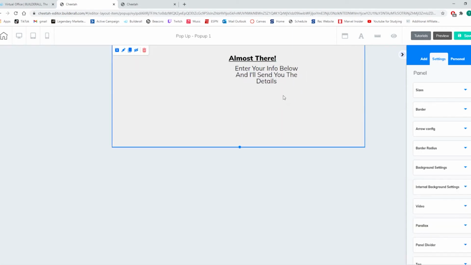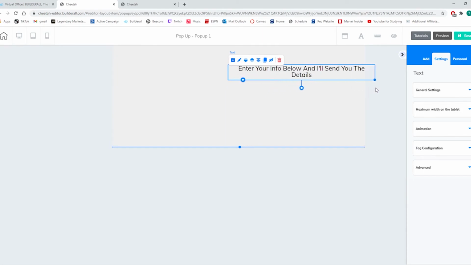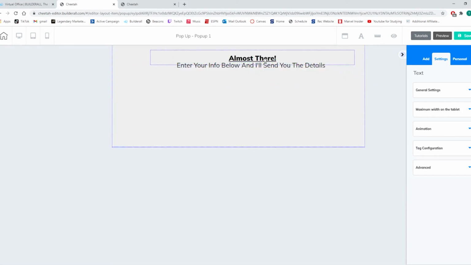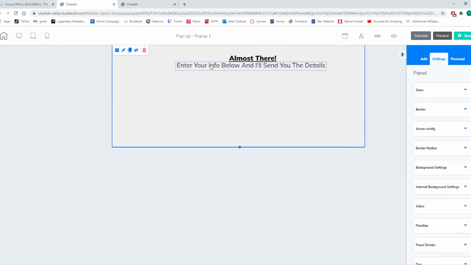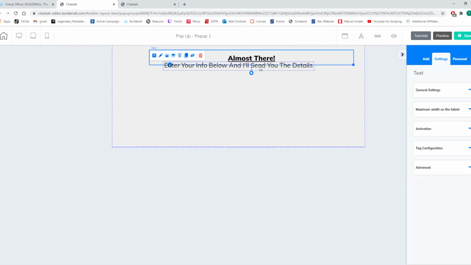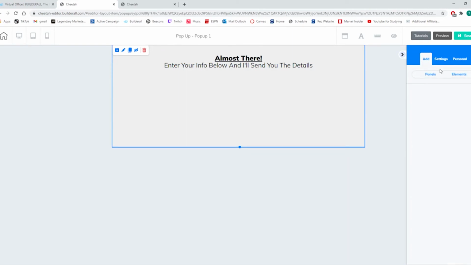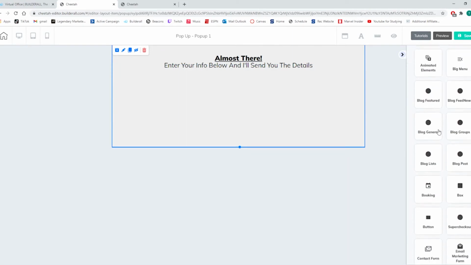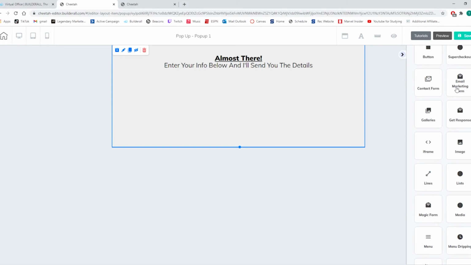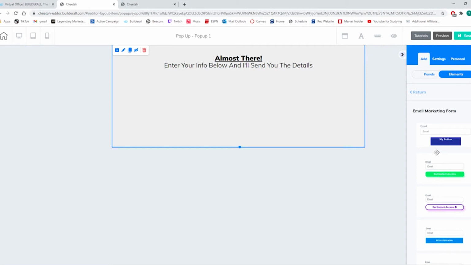Boom, we're going to expand this out to one line, and then we're going to put it right under this, almost there. We're going to center this, and we're going to center this. I don't think this is centered. Center. There we go. That looks much better. Okay. So now we're going to go to add, we're going to go to elements, and we're going to scroll down to the bottom here where it says email marketing form, where my cursor is. So this email marketing form, when you have your email list set up, it's going to put it in the